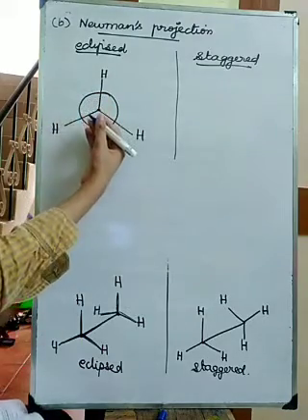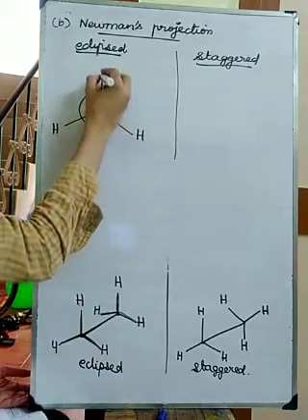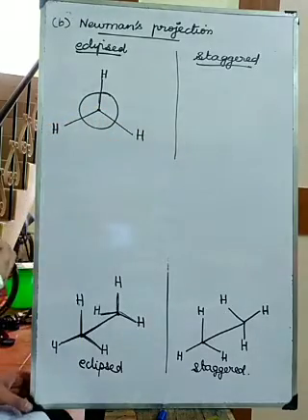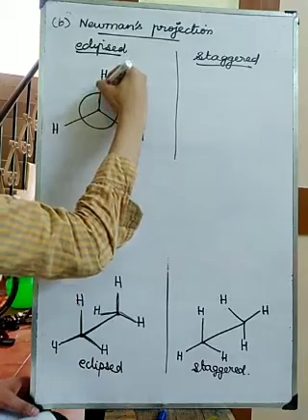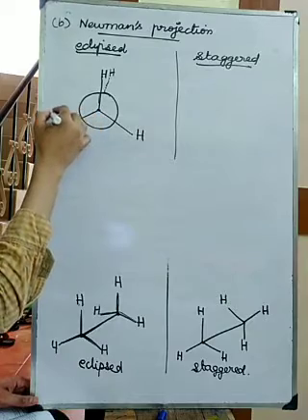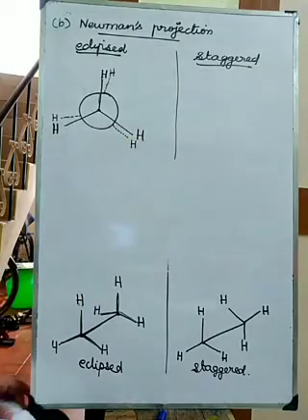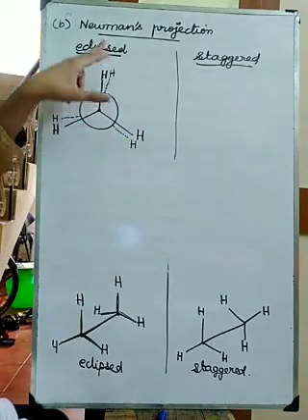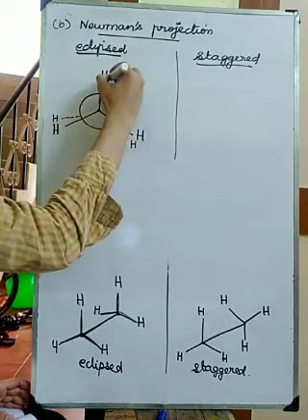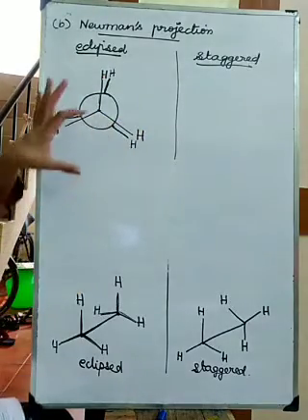Another carbon, it is behind this circle, that we cannot draw. That will also have one hydrogen on the top, another hydrogen here and another hydrogen here. To represent it, you can draw like this with dotted lines. If it is like this, it is eclipsed. They are in the same line only, we cannot see, but since we are going to represent it as if it is in the behind, this is eclipsed.